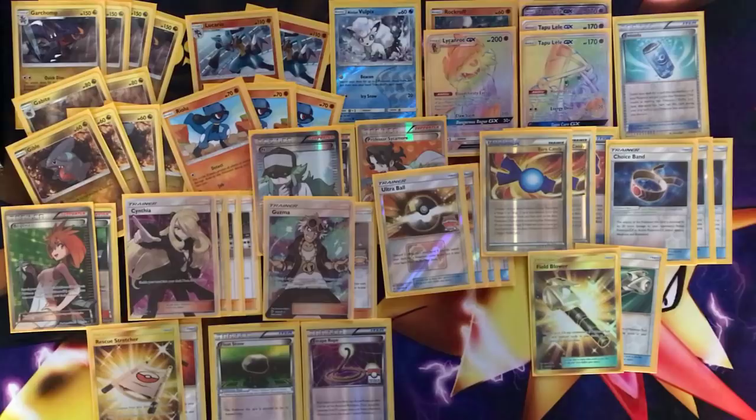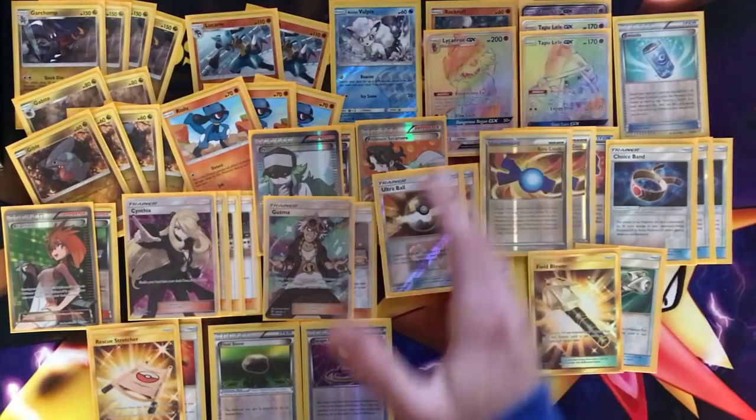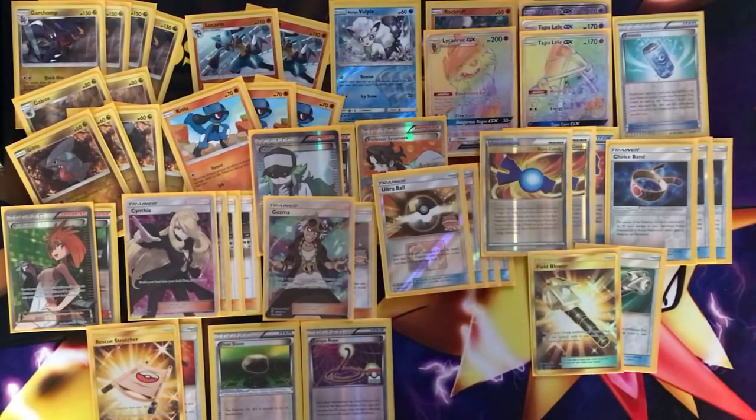attack. Escape Rope is definitely handy because we cannot use Cynthia and Guzma at the same time, as mentioned, and with Escape Rope, we do force the opponent to switch out their main active Pokemon, so that could also work